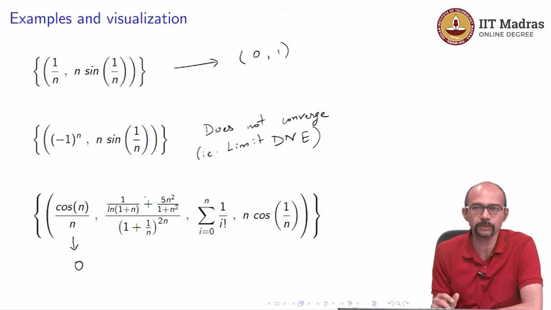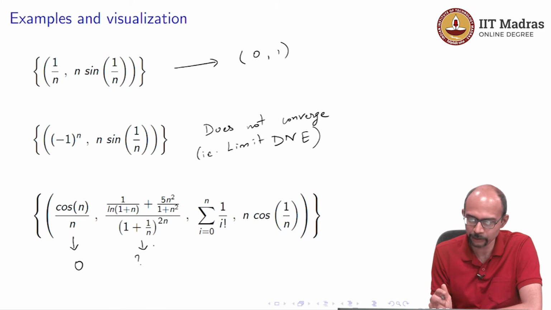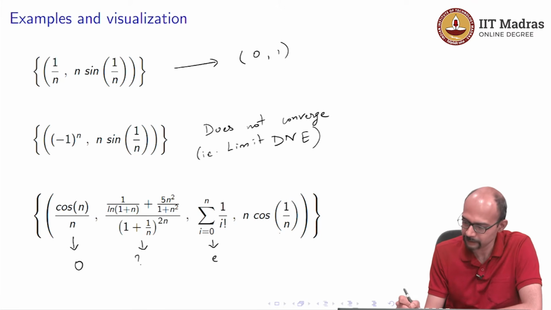The second one we have done in our previous video on limits, when we did limits for sequences. I will encourage you to solve it yourself, and if you do not remember, go back to that video and see what happens. So, it is 5 times something. I will leave that to you. The third one we saw in the previous slide goes to e.